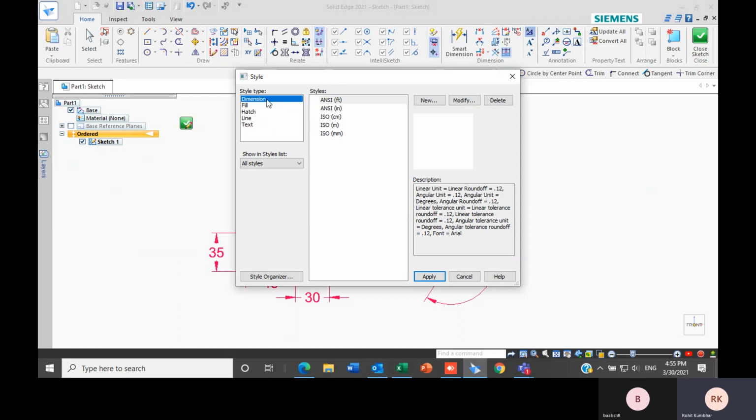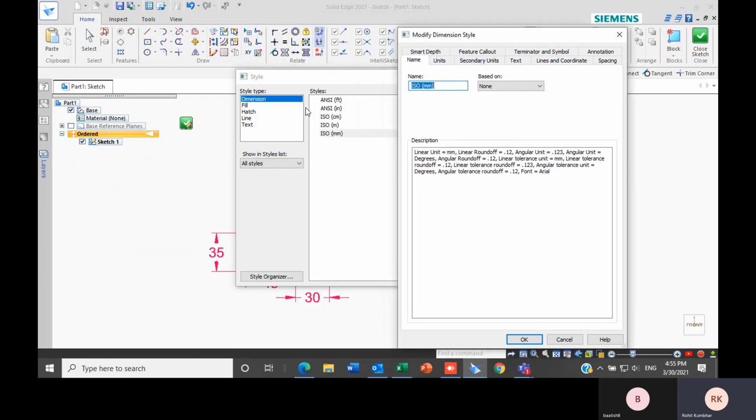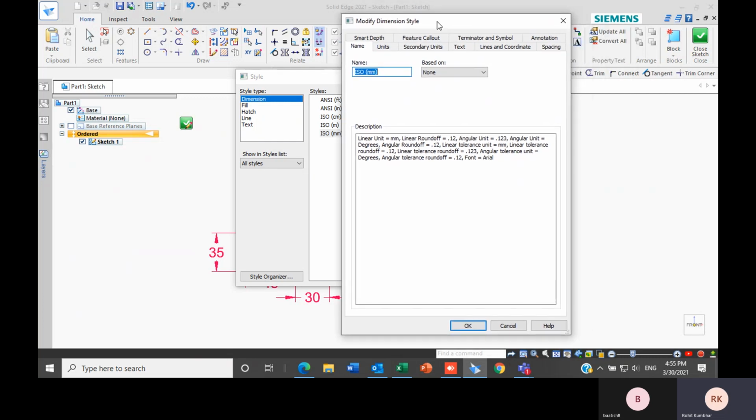In the styles option, here you can see I can change the styles for dimensions, fill, hatch, line, and text also. Let's say I select the ISO style and simply click on modify. As you can see here, the same options which are shown after selecting the properties for the dimension are showing here.